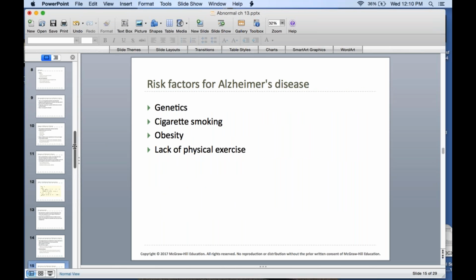Alrighty, moving down here. Risk factors. It's highly heritable. So genetics plays a big part of this. And this is what makes this such a difficult disease for generations of people, because you have a woman who is taking care of her mother who has Alzheimer's disease. And not only is it a struggle because she is caring for someone with severe dementia and watching them decline progressively, but she also fears this may be me one day. And she looks at her daughter who's in college and says, oh my gosh, this may be my daughter one day, right?